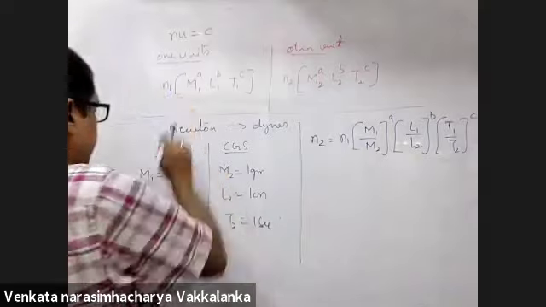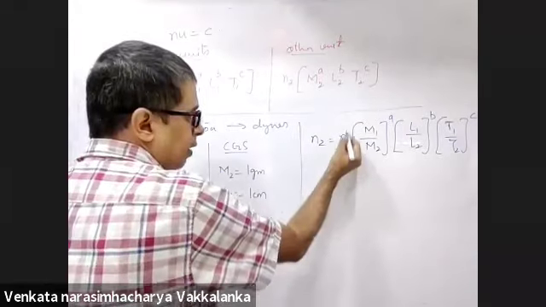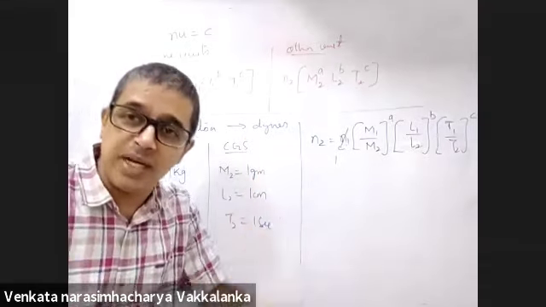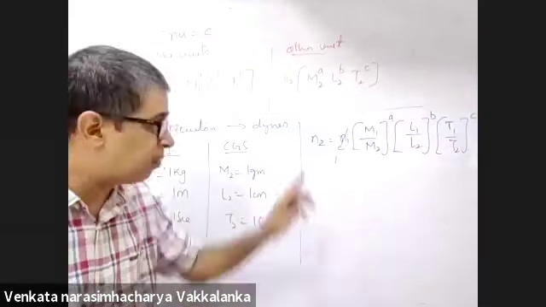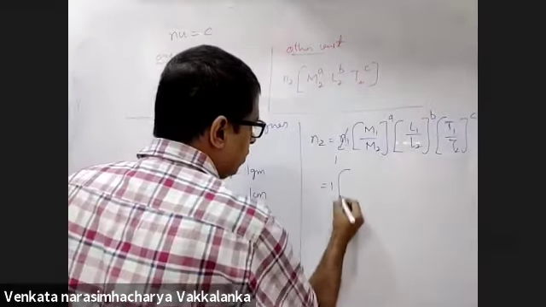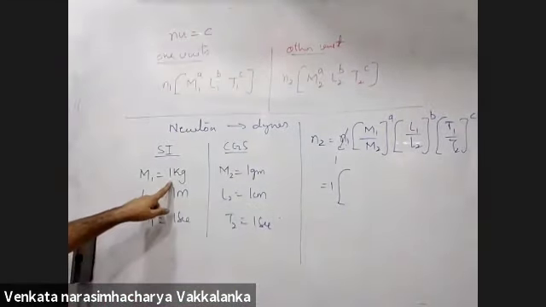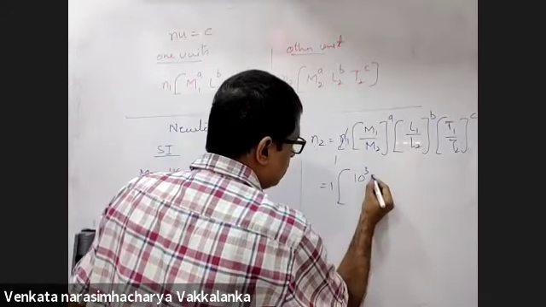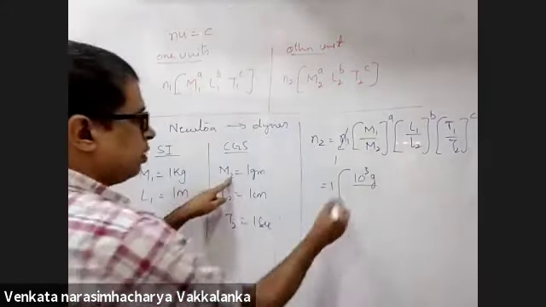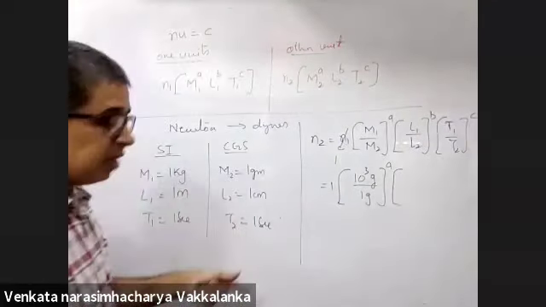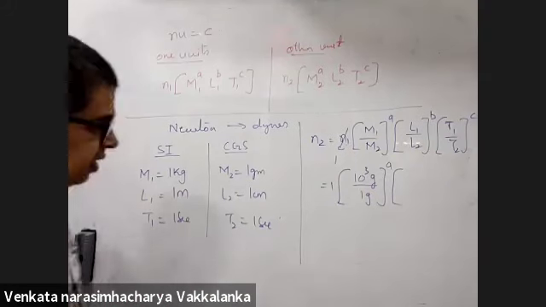What is N1? N1 is 1 Newton. You are finding out 1 Newton is how many dynes? As simple as that. So you are finding out N2. Right? So this will be 1. M1 is 1 kg, 10 to the power 3 grams, upon M2 is 1 gram to the power A. By the way, what is this A, B, and C?